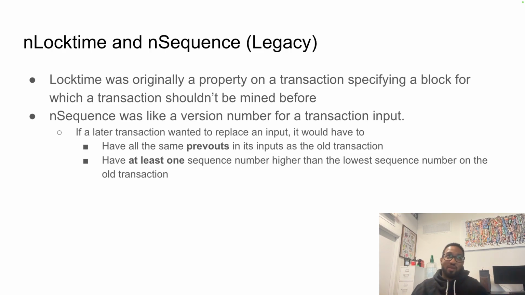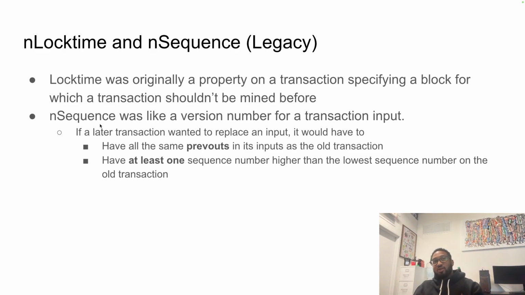So can you think of what problems we'd have with just these lock time and sequence? Do they have to be respected at all? The lock time stops transactions from being relayed and mined, but really only within the code. It has nothing to do with blockchain validation. So I could take a transaction with whatever lock time I want and try to mine it in a block, and the original source code rules would not be respected, but the blockchain would be. So these are policy things that weren't helpful for consensus validation. That's why these were very buggy.